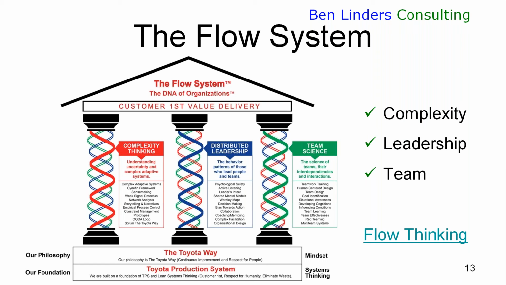If you compare this to traditional organizations where leadership is mostly top down, if you want to make agile work, if you want to make DevOps work, you want to make sure that you try to put leadership as low in the organization as possible, making it possible for teams to self-organize, making it possible for people in the teams to take decisions and to be responsible for those decisions. And again, this model is providing you with a lot of tools that can help you to deal with distributed leadership. The third pillar in this part is about team science.